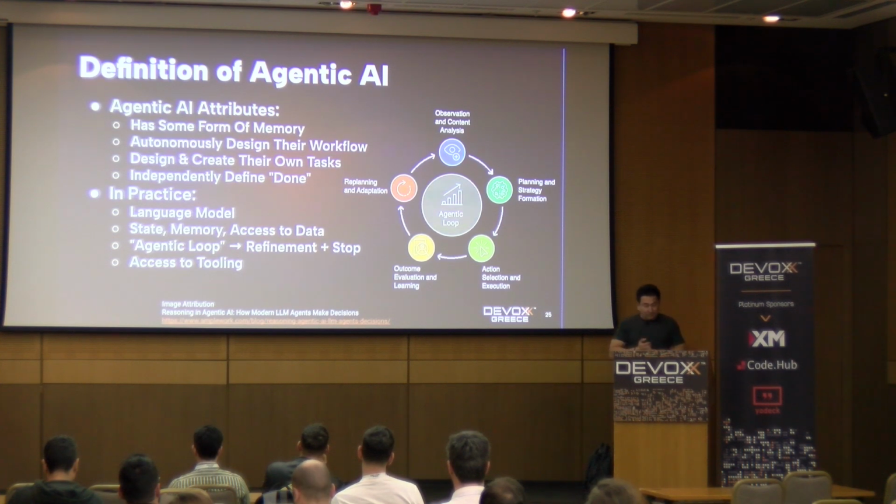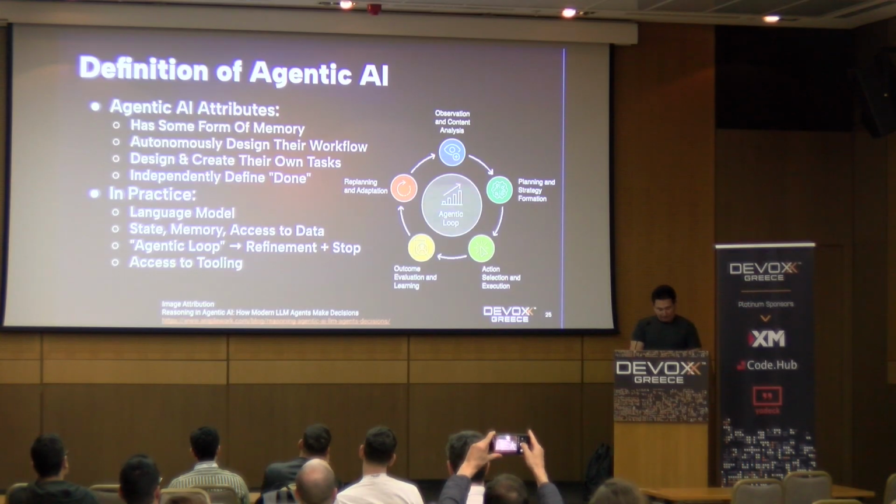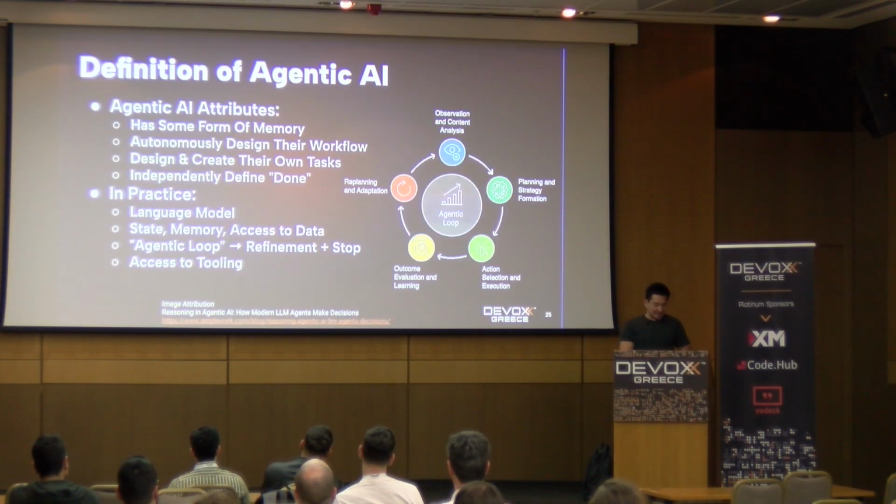So in practice, an agentic system is agents, usually composed of a language model, large or small. There's state, there's some form of memory, there's an agentic loop, and there are actually many different types of loops. They go through a period of refining the answer in some fashion. They decide when to stop, when they've got the answer, and they can access tooling. And that's literally just what agentic AI is, right? That's it. I want to demystify that. It's not some craziness or anything, right?